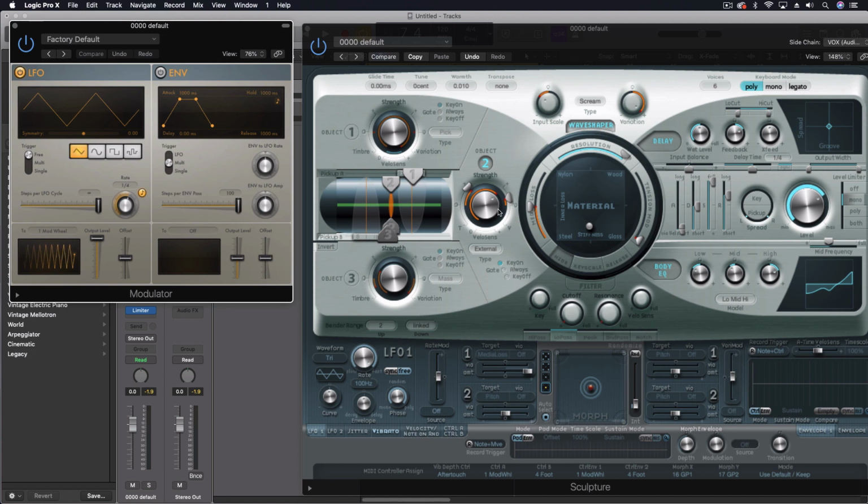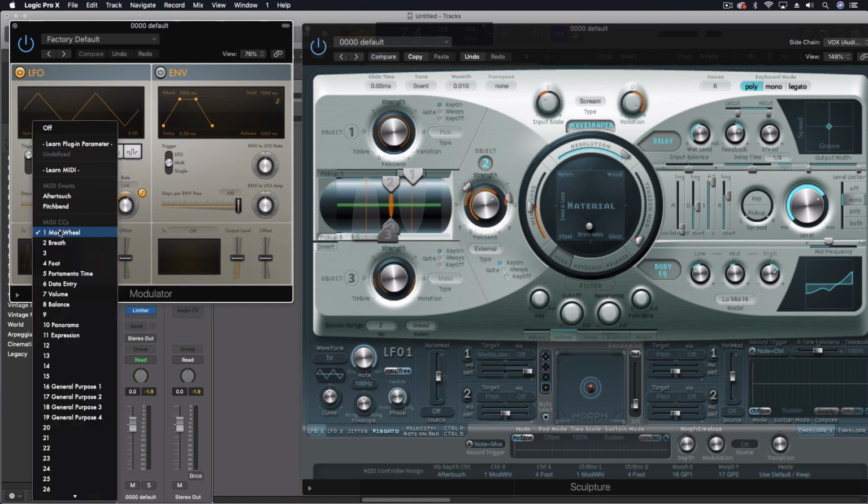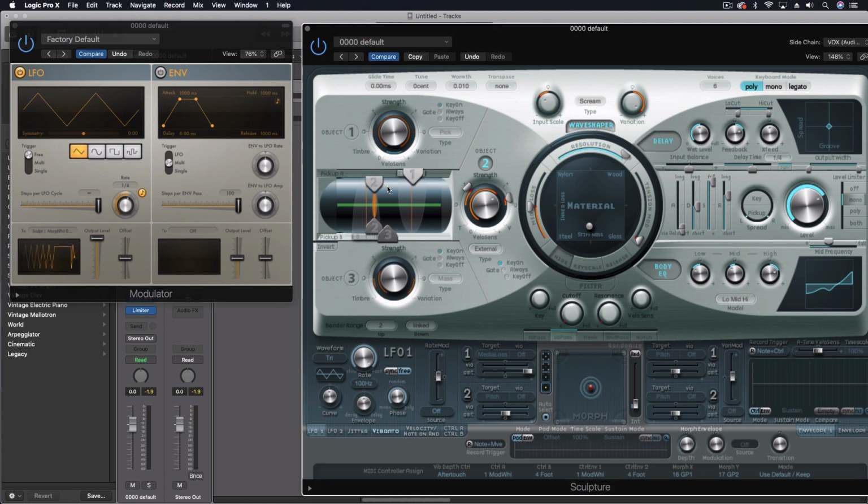So, for instance, if I wanted to change where object 2 is on the string, or if I wanted to manipulate the two different pickups here, yes, I could do it down here, but I could also come up and let's just learn plugin parameter number 2. And now